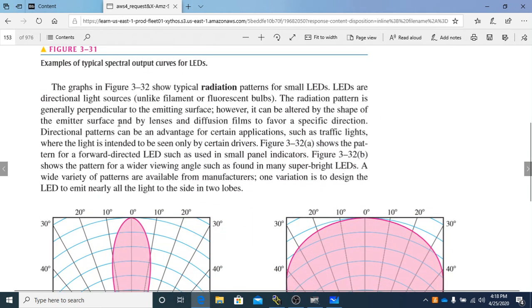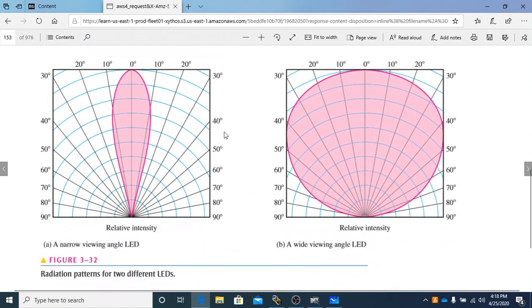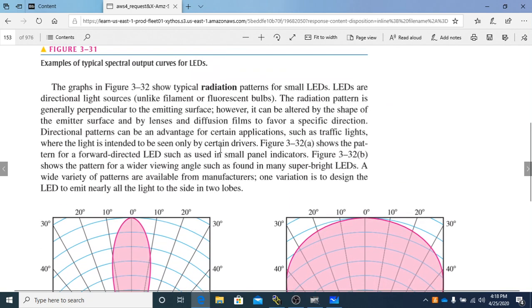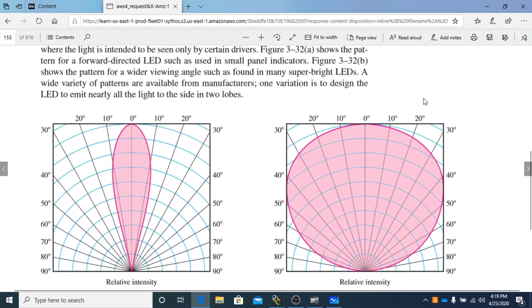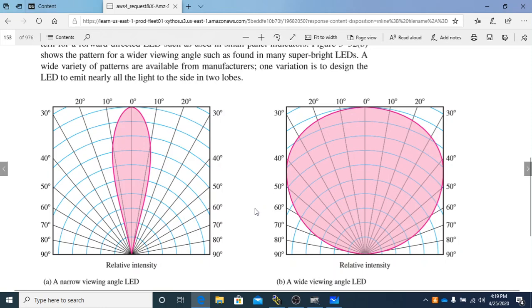Okay, so it says the graphs in figure 332, which is right here, show typical radiation patterns for small LEDs. It says LEDs are directional light sources, unlike a filament or a fluorescent bulb. The radiation pattern is generally perpendicular to the emitting surface. However, it can be altered by the shape of the emitter surface and by lenses and diffusion films to favor a specific direction. So what that tells us is that these right here are usually